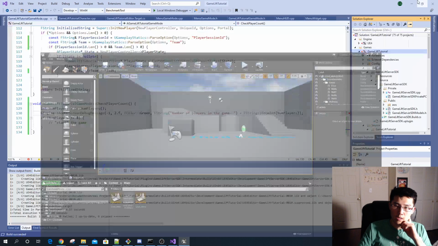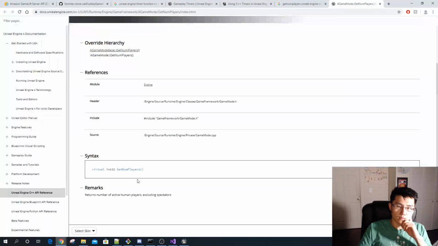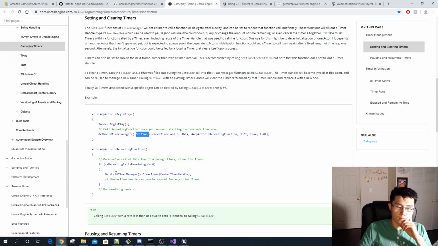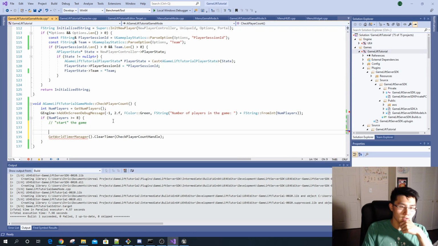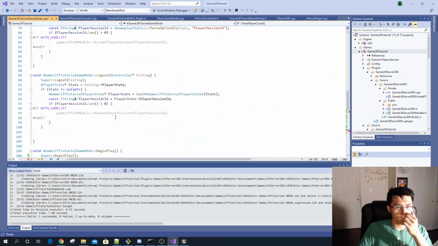So how do I clear the handle? I think that was in here. All right. So, clear the handle, but we want to do stuff before that. So I want to start a new